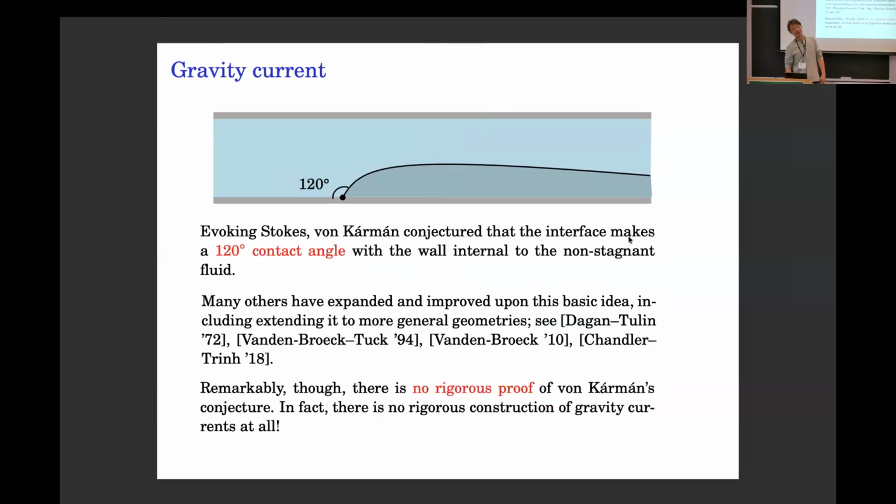120 degrees, just like the Stokes wave, which is not a big surprise. Back then, at the time of von Karman, there's no rigorous proof of Stokes yet. So what he basically did is follow what Stokes did using this complex machinery. One can assume the existence of such waves and run this kind of asymptotic expansion, and then you calculate carefully enough the power, and you get this 120.